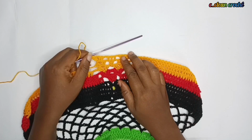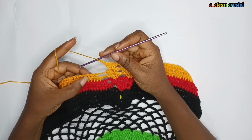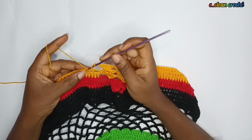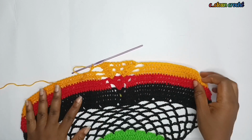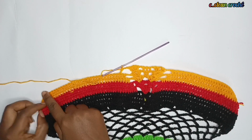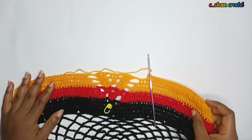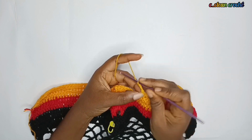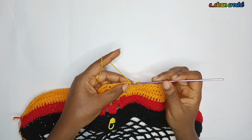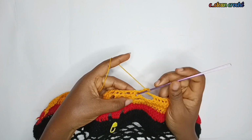Okay, so this is what you have. You chain 2, you skip 2. In the third, you make your double crochet, and you do that till you get to the last but 1 stitch row. Then you come back to the next row. On the next row, before that, the 2 stitch row before that, you make a chain of 2, you create your mesh,